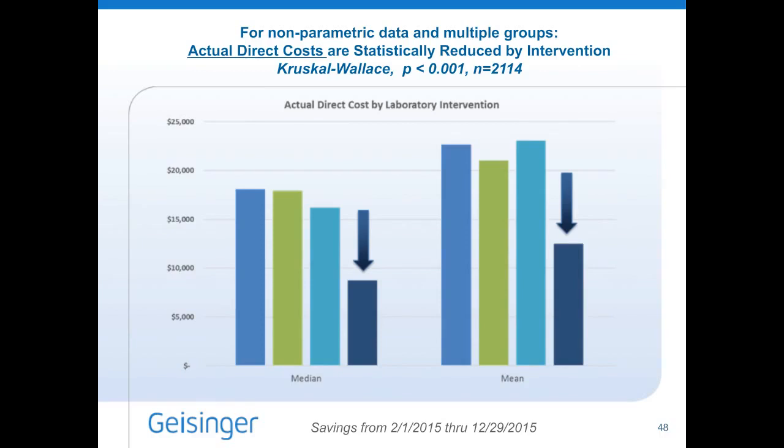This is no time for a t-test. A t-test is for bell-shaped data, and so when you have that big of a difference, your normally distributed data in which you can use a t-test, your mean will be very close, if not equivalent, to your median. So that's how you can tell which statistic to use. And again, this is a Kruskal-Wallis analysis of direct costs.